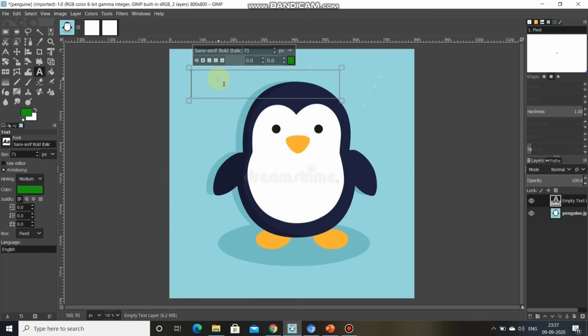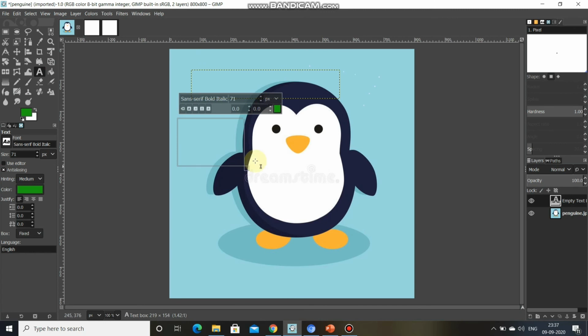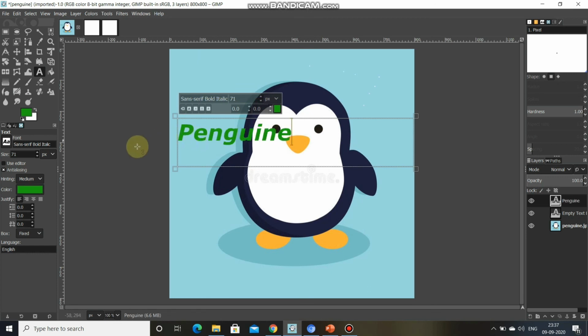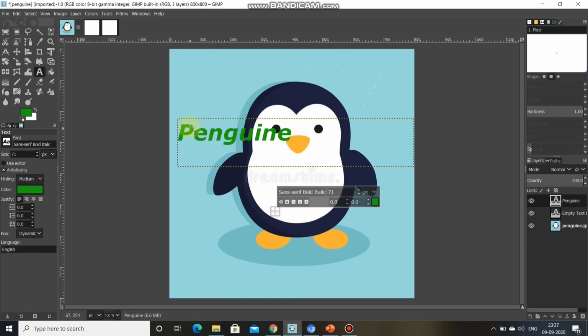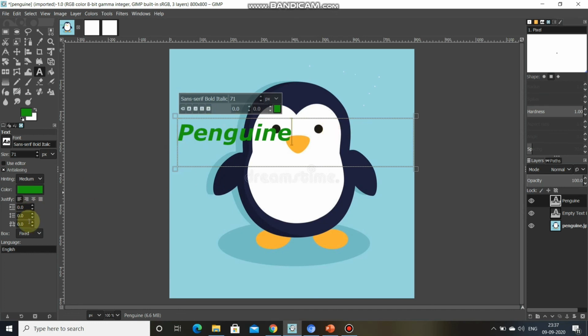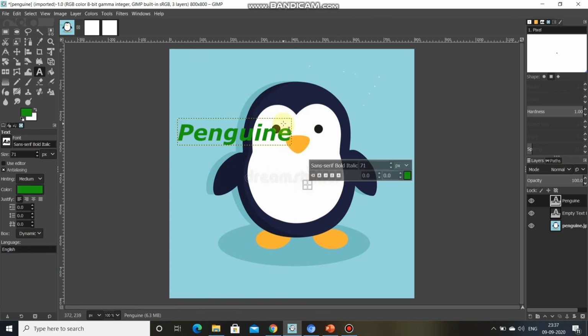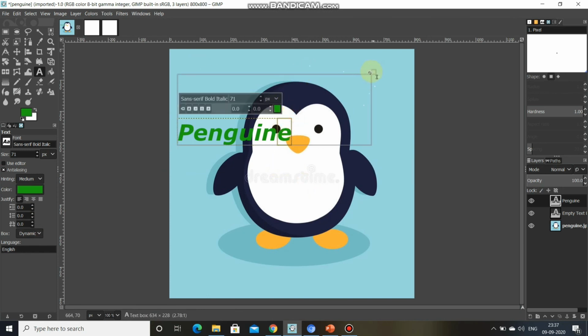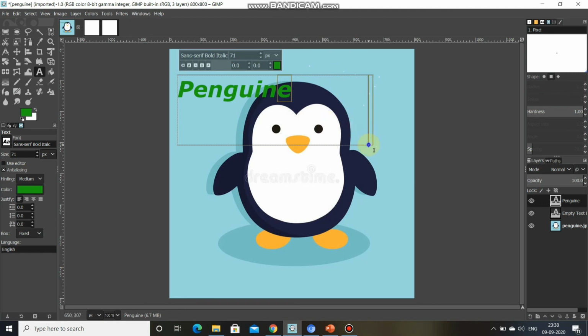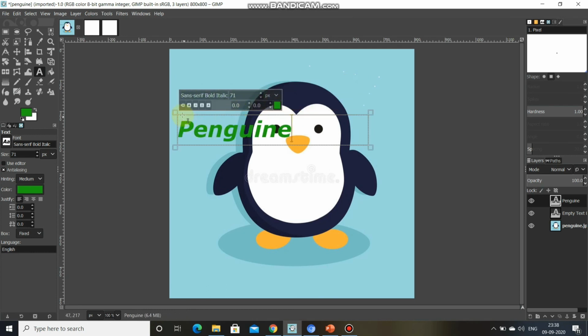What we have done, we have just selected where we want to add the text. Penguin. Okay, if I want to move this, we can move it also. This should be dynamic. Can you see? This is very simple.